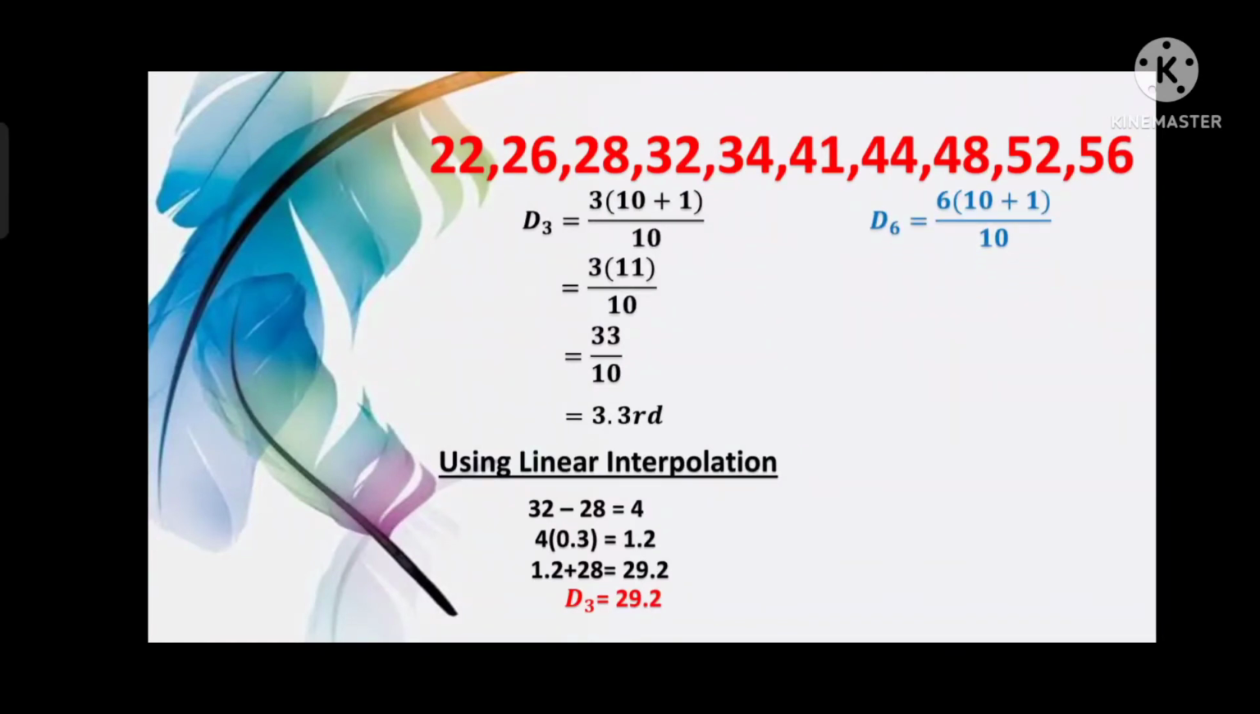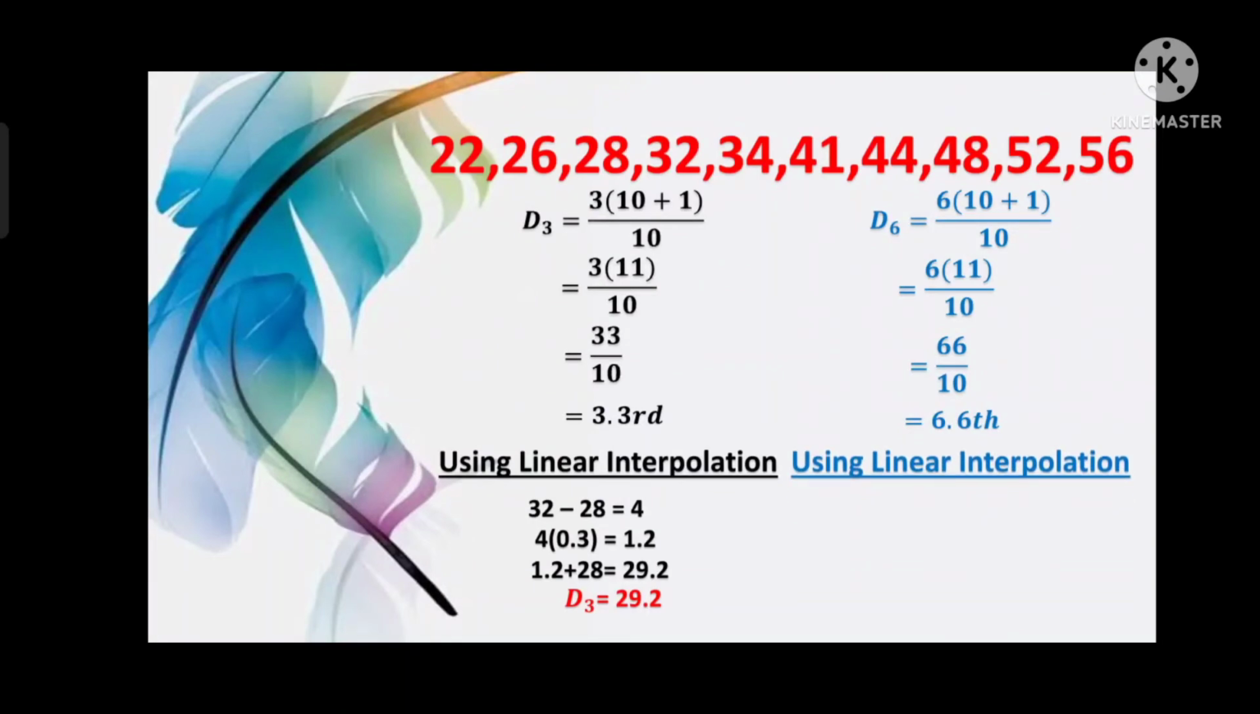Let's now find D6. We have 6 times the quantity 10 plus 1 all over 10. 6 times 11 all over 10. Let us divide 66 over 10. We have 6.6. Since there's a decimal point, let us just try to locate the 6th value and the 7th